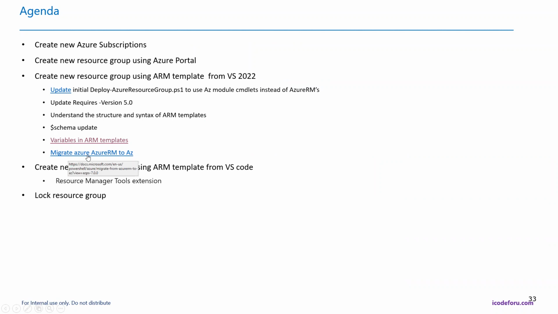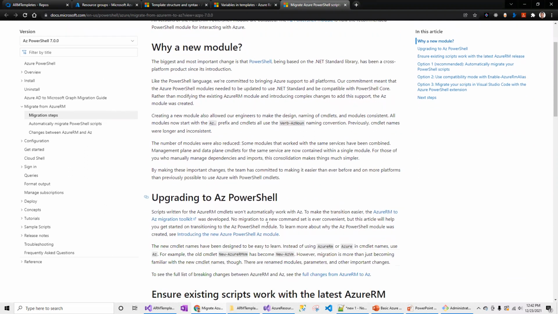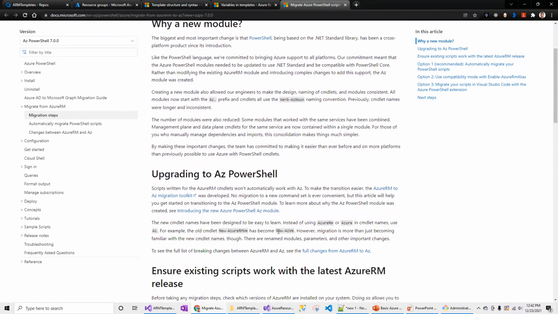As for migrating Azure RM to Az, which we discussed earlier, there is a legacy version of the Azure RM commands, and those are converted into the new style. For example, New-AzureRmVM becomes New-AzVM.